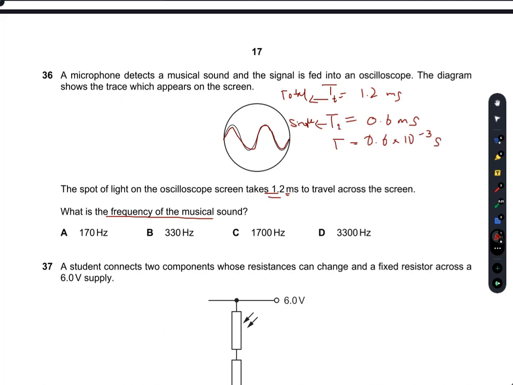So that is the time period for a single vibration, and frequency is the inverse of the time period. For a single wave, we have 0.6 × 10^-3 seconds. I put this into the calculator: 1 divided by 0.6 × 10^-3, so the frequency is something like